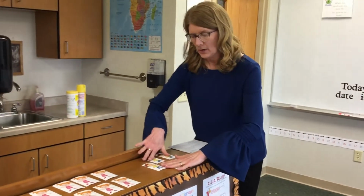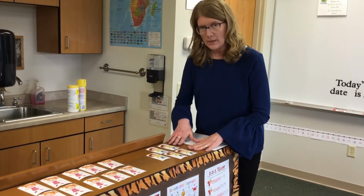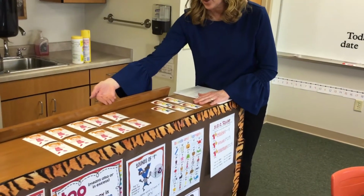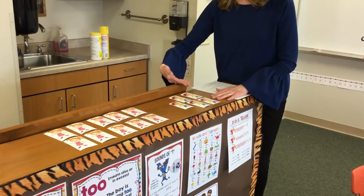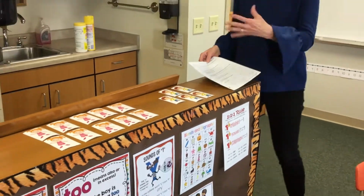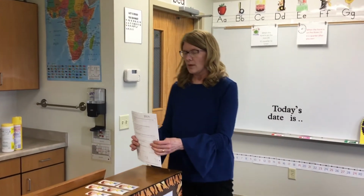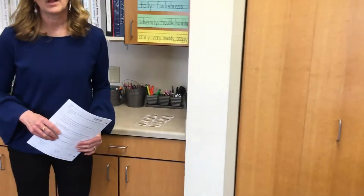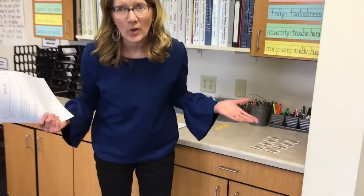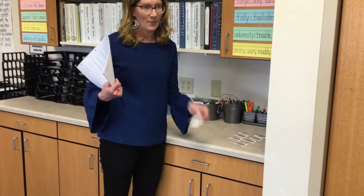So if you look at here, you can see if there's 5 boys, there's twice as many girls. So 5 times 2 equals 10. And that would tell you how many girls are in the class and how many boys are in the class. Okay? Now we need to go to number 3, and it's Mrs. Dunleavy had 8 cookies. Well, I ate all the cookies from last week, so I had to make 8 cookies,